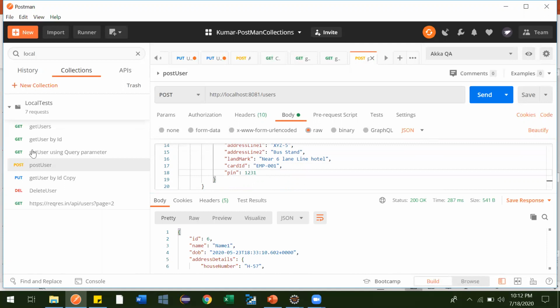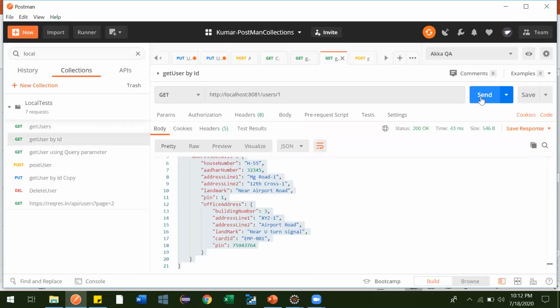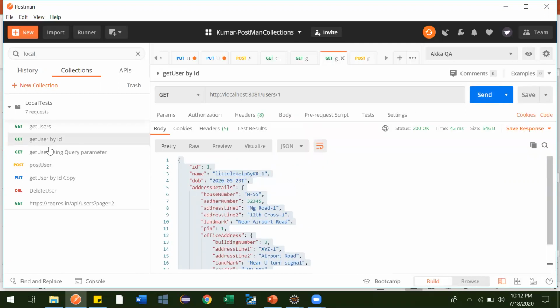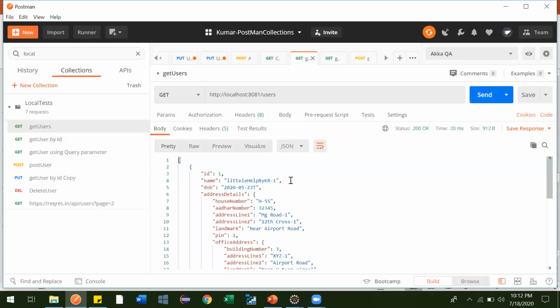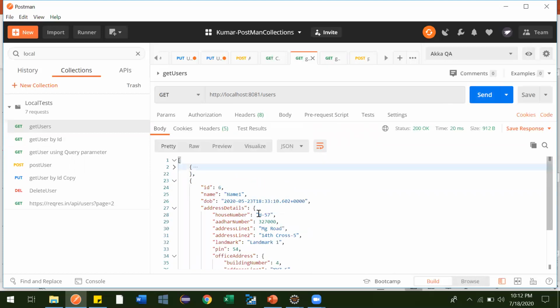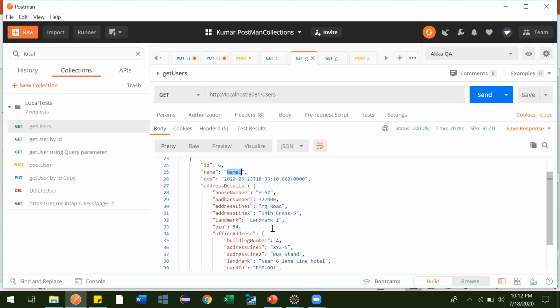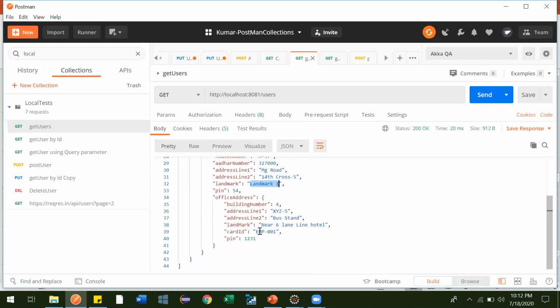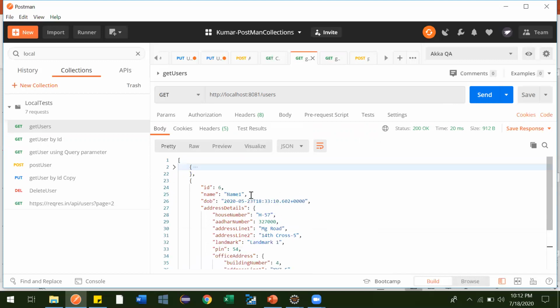One object we added. So in the response, what can we see? Sorry, this one, get all users. Now we can see we have other users: name one, landmark one, this is employee one, and this is the pin number. So this is one, we inserted one.